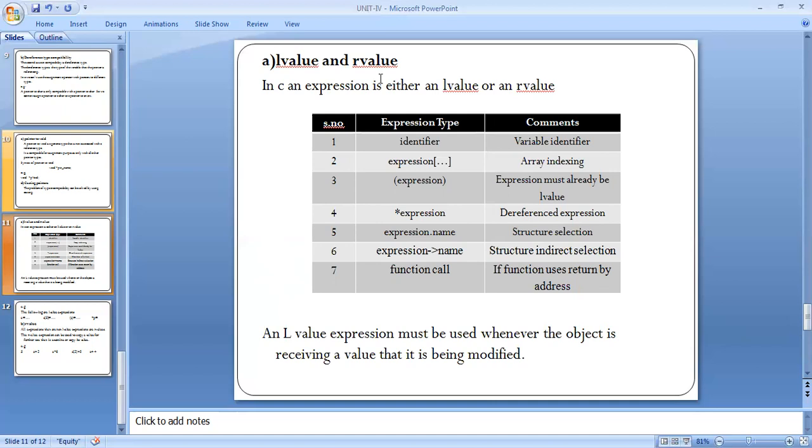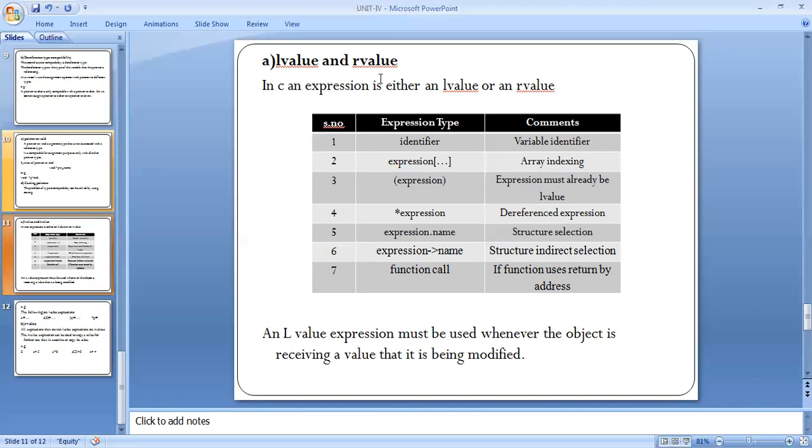When you are using the L value identifier, that is a variable identifier. An expression within square brackets is array indexing. The expression used within the square brackets must already be an L value. Asterisk, the indirection operator, with an expression gives the expression type dereferenced expression.